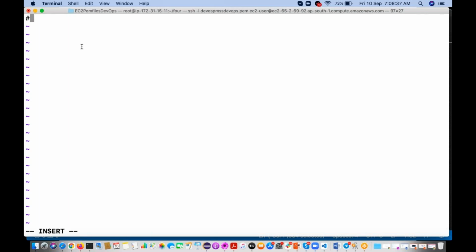So you can keep the shebang line #!/bin/bash, then yum install httpd -y, then sudo systemctl enable httpd, and sudo systemctl start httpd. Save it.